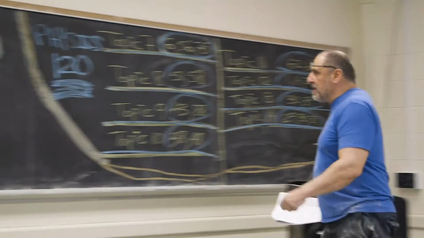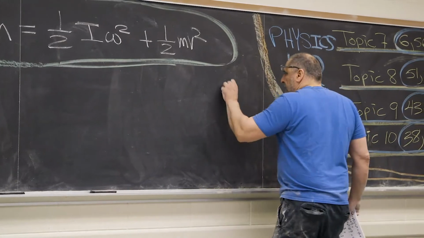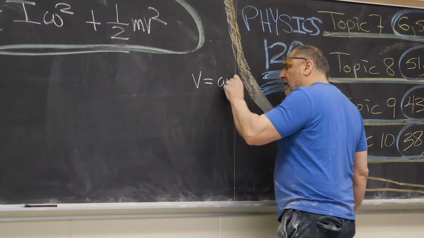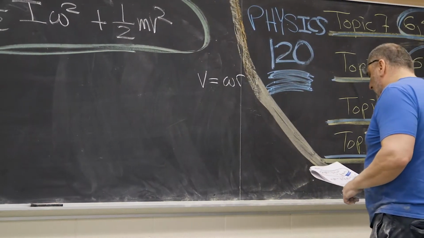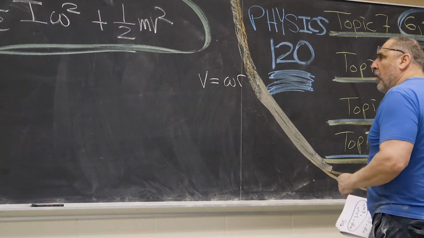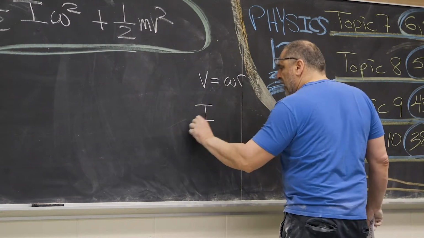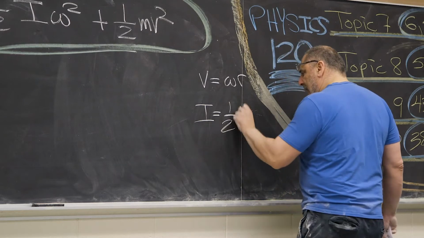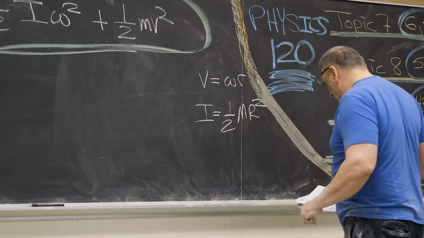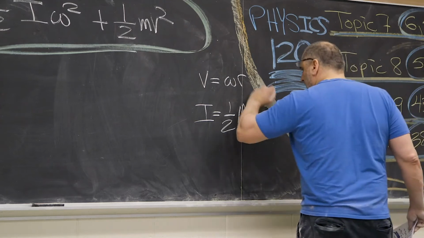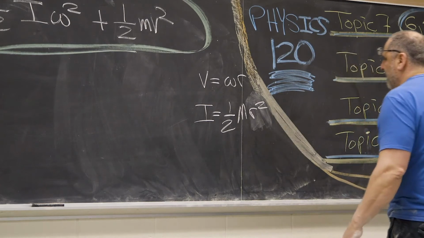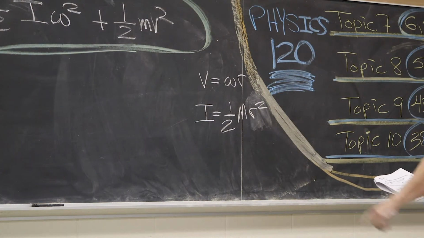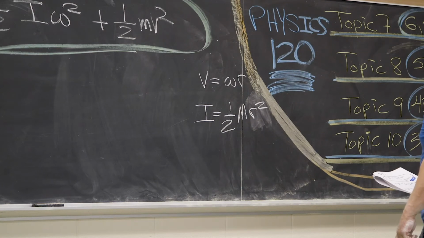So with this right here, guys, let's remember a couple things. V equals omega times R, and that gets us through a lot of stuff, actually. And we also know that the spool, we can look it up, the moment of inertia of the spool is 1/2 capital M R squared, or small r squared, we're going to use the same R. Doesn't matter what R you use, doesn't matter what you call it, just be consistent with it. 1/2 mr squared is the moment of inertia of a solid spool. So if that's the case, you guys,